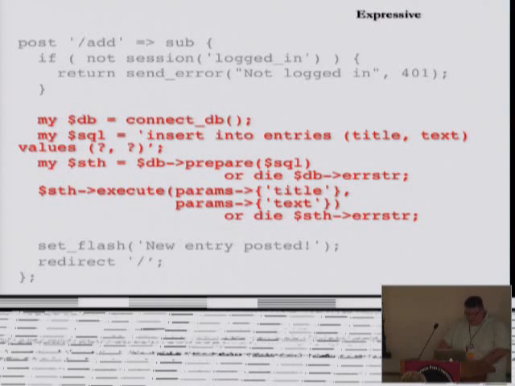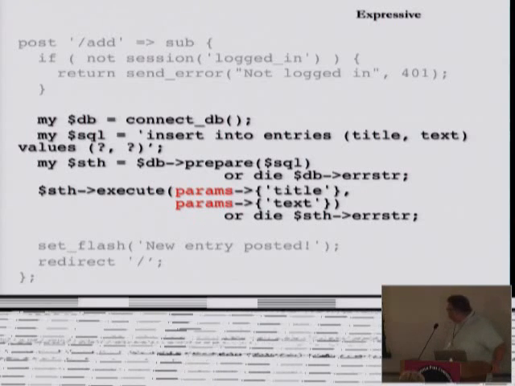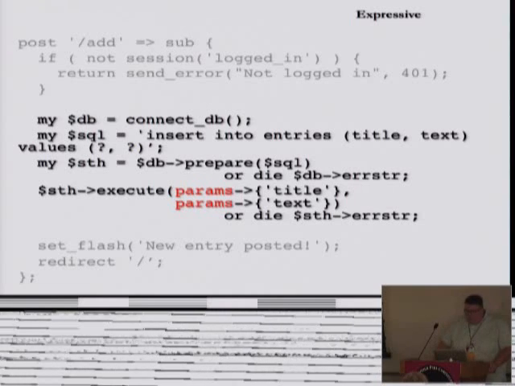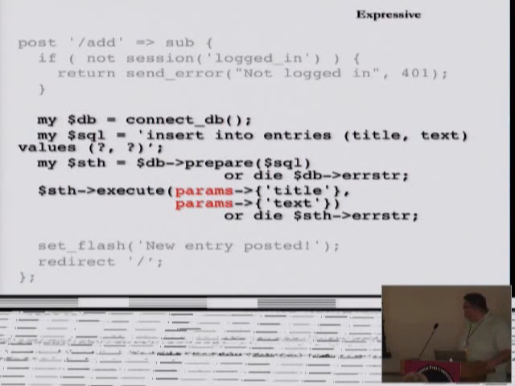There are a couple of things I wanted to talk about in this particular code block, and that is that we're using parameterization. You can see it in the question marks, and also we're using the params keyword. So we're pulling out a couple of parameters that come from the post. When you post data to Dancr, the things that you post end up in this hash that you can access using params, and so we're going to pass that into our database.